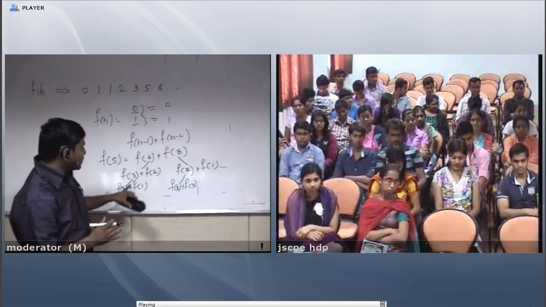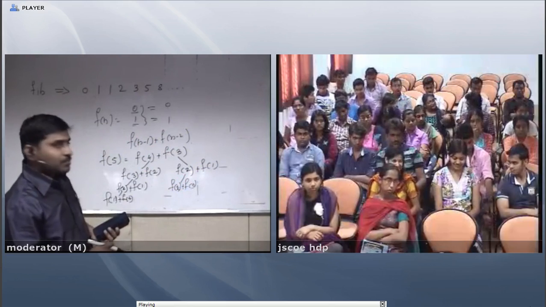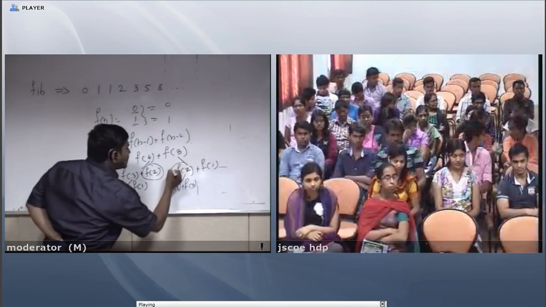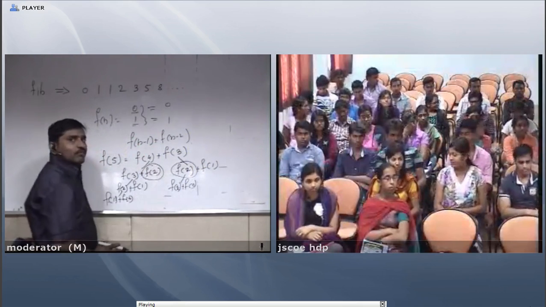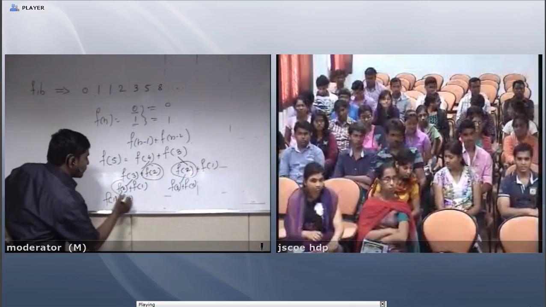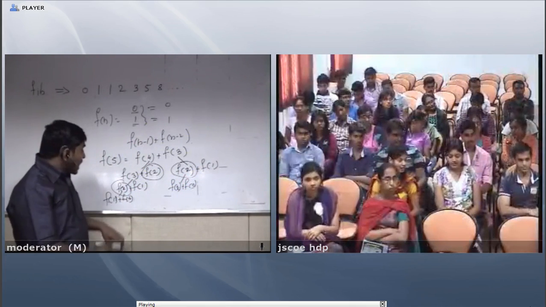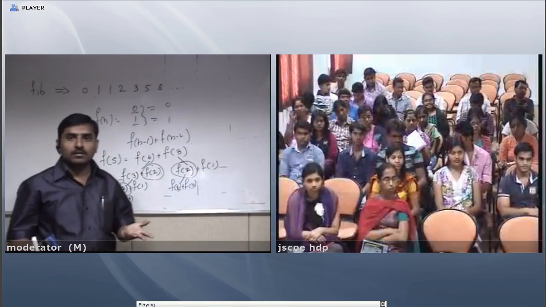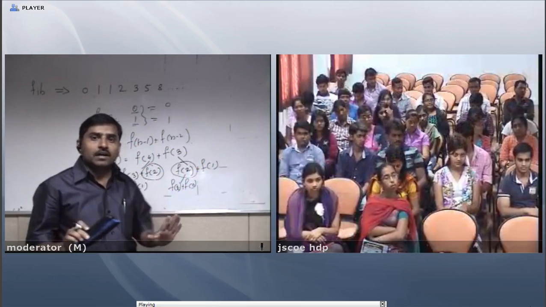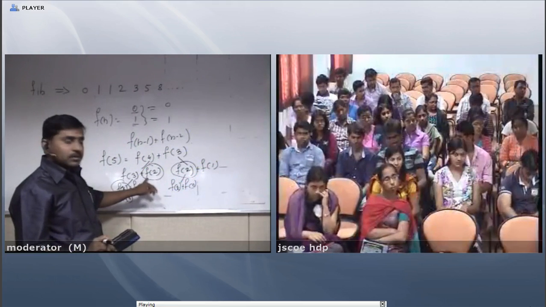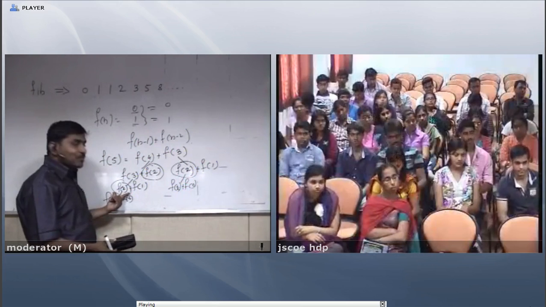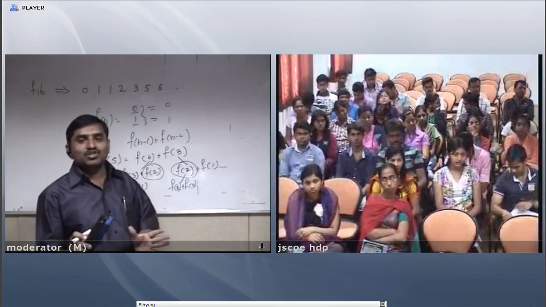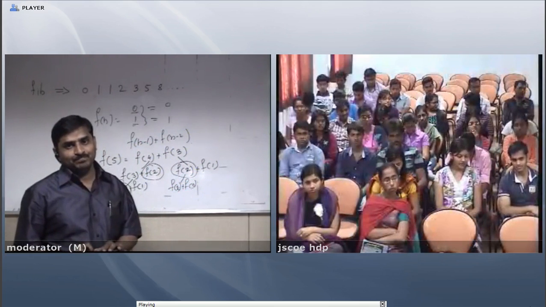Now if I see this Fibonacci structure using recursion, I find f of 2. I just take one example, calculating the value of f of 2. I am calculating the value of f of 2 three times. Why? If I have calculated the value of f of 2, then why do we need to calculate f of 2 again? This is one of the limitations of the divide and conquer method.